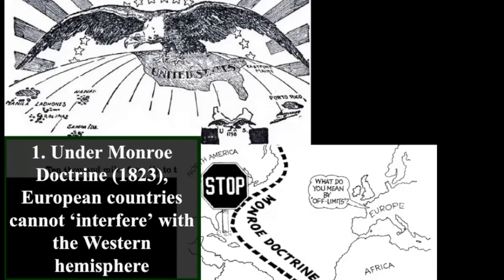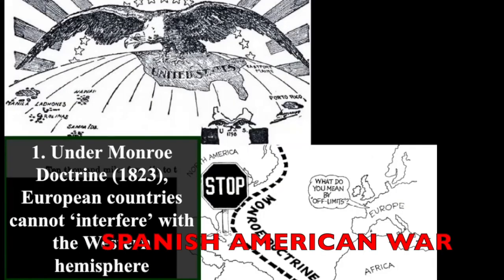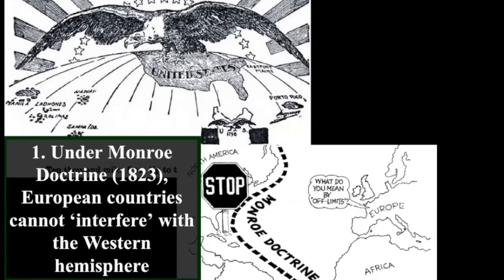Another war that's going to occur due to this belief is the Spanish-American War. So Spain is going to lose that war, which began in 1898. And as a result, the United States is going to get the territories of Guam, Cuba, Puerto Rico, and the Philippines. So establishing commonwealths in the New World under the United States.